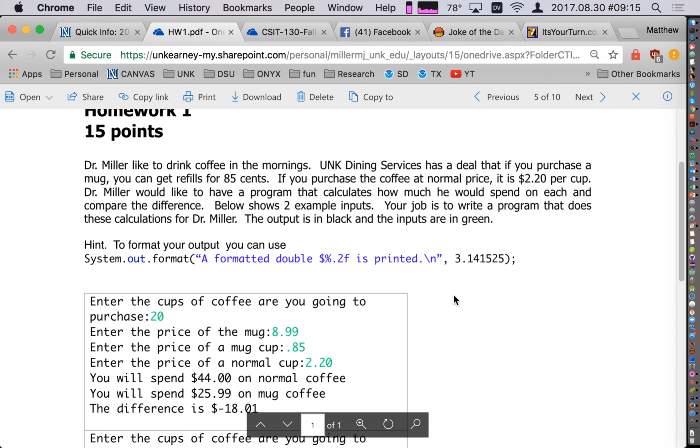So we're just trying to solve a problem, but you've got to get all of these inputs. You've got to think about, how would I solve this problem? How would I write an algorithm to get this information from the user? I put an example here of how to print. So if you want to print something,